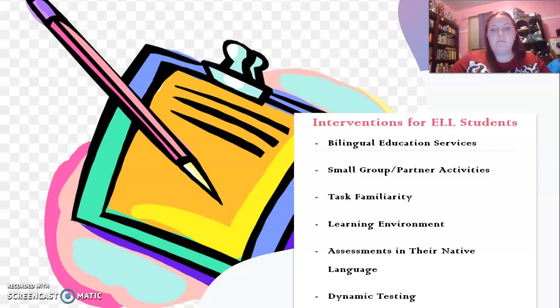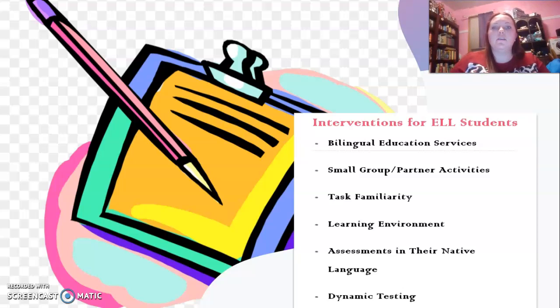So basically what you need to do is when you say grab your flashcards, the teacher should actually grab the flashcards, hold them up, and show them. So then the student's like, oh, I know what that is now. So then they are able to actually do that task for you. So basically, you need to model what you want them to do. This could go for also like a journal. Like if they don't know what a journal is, you need to model it and show it to them.